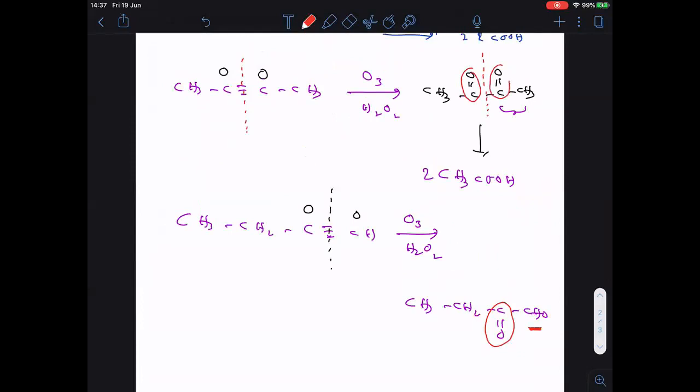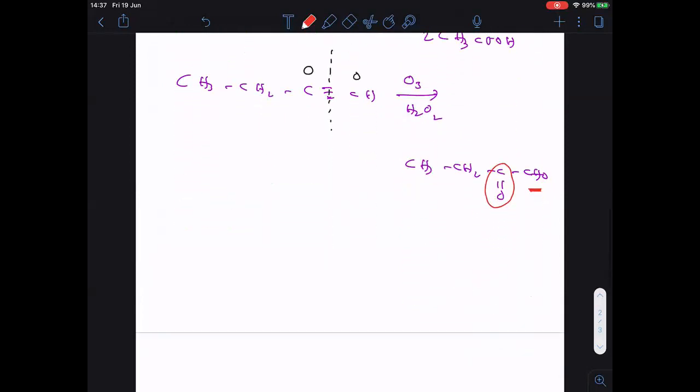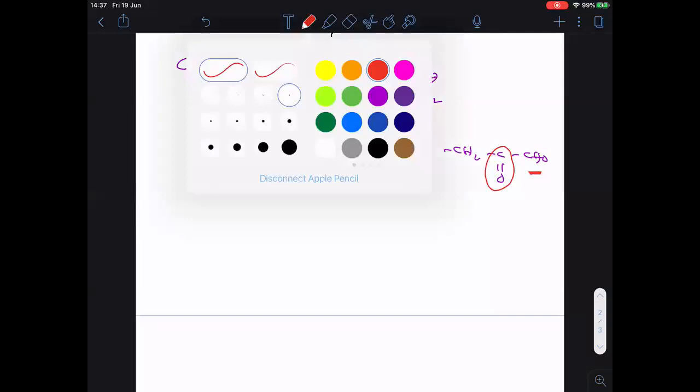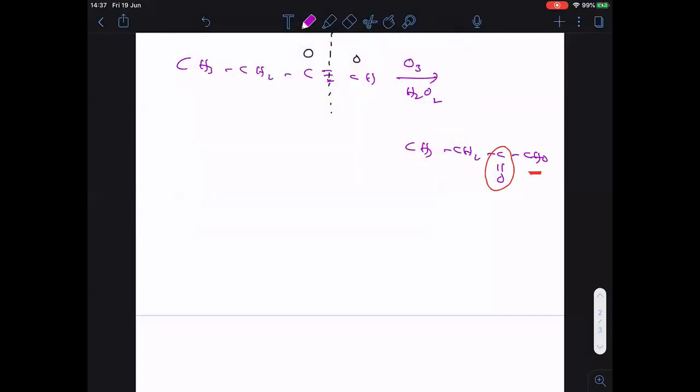Remember, when two ketones are there, this is a diketone. Diketones will undergo oxidation, but monoketones never undergo oxidation. Please remember that point. Therefore, now with H2O2, when it undergoes oxidation, CH3CH2-C double bonded O stays as it is, and CHO converts into COOH. I hope you are able to understand this point. Write quickly.